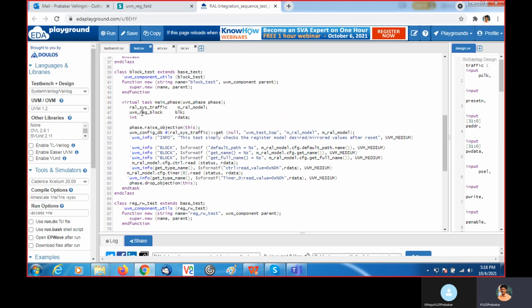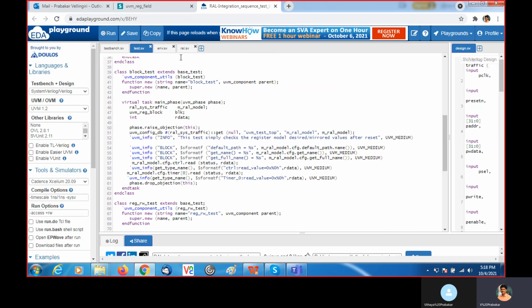So when you call this test, automatically the reset sequence will happen in reset phase, and in this main phase we are reading the register model handle, register model CFG.